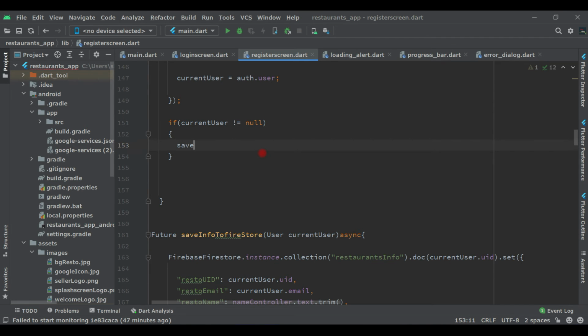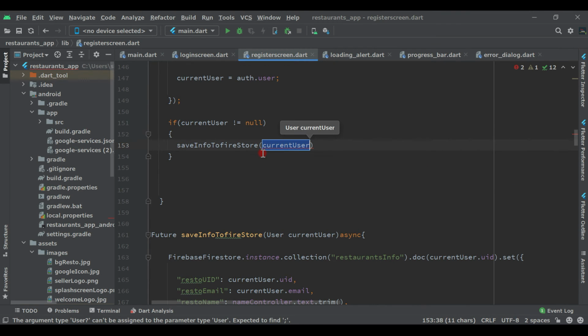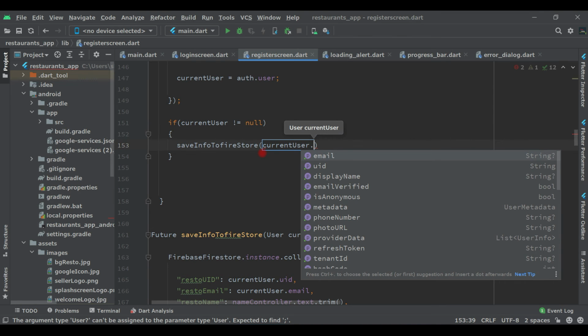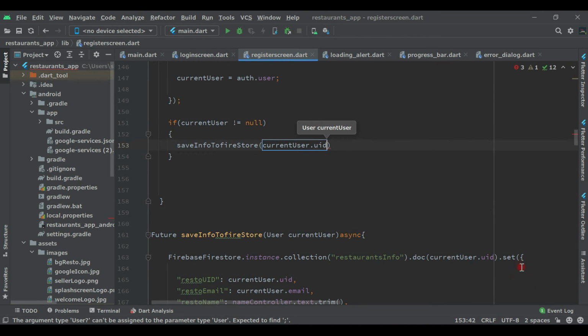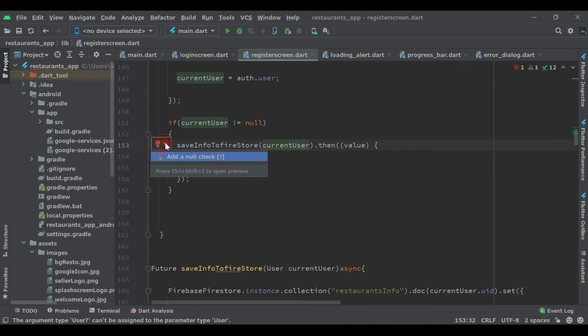So let's say save info to firestore and current user dot uid, sorry not this, current user dot then, and remove this and put two curly brackets at the end and a semicolon. And you will see this error, click on it, add a null safety exclamation like this, and then after that we have to